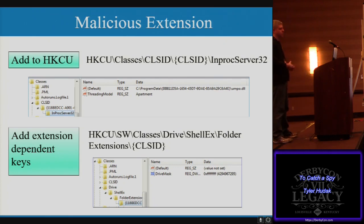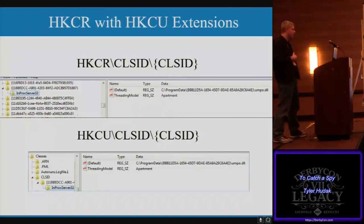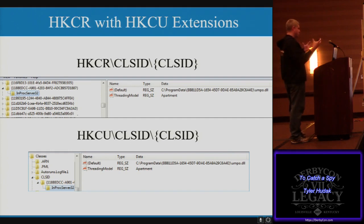And we don't need to approve it. We don't need to add anything to HKLM to approve it. And so once we do this, if we go in through the registry editor or any registry editor and start looking at HKCR, which is this virtual hive that's kind of combined from a number of different places, including our own, we can see that the malicious CLSID, the 118BED and so on, is in the HKCR hive, which means that Windows has found it